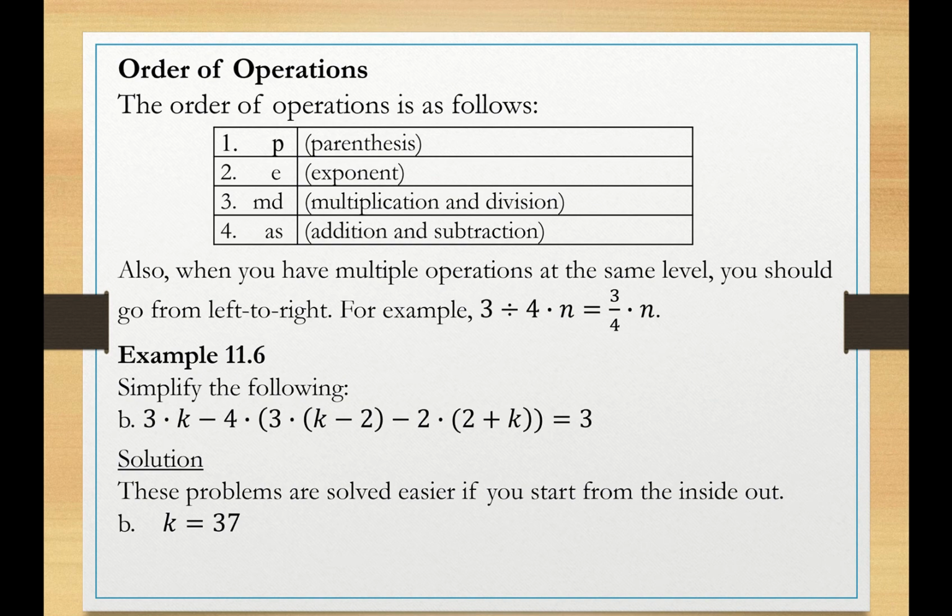Now let's move to the order of operations, and most of us are already familiar. First, you perform algebra in parentheses, then exponents, then multiplication, division, and finally addition and subtraction. Now, when you have multiple operations at the same level, you should go from left to right, and that's a rule that you could ask the instructor about if this is an operation written in an exam. Okay, but if this is written in any of the spreadsheet software, for example Excel, that would be interpreted as 3/4 times n. All right,